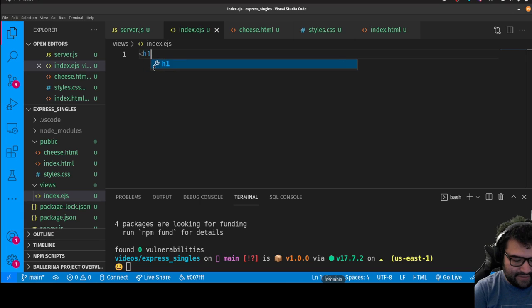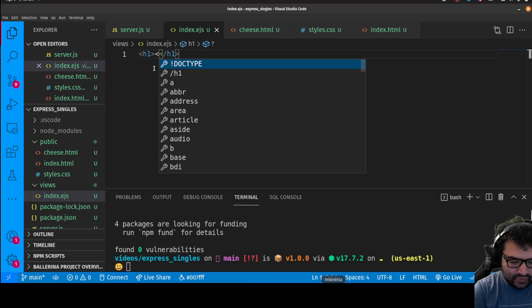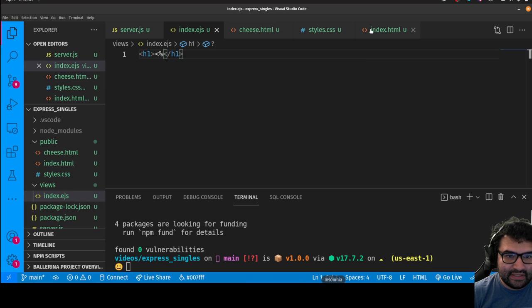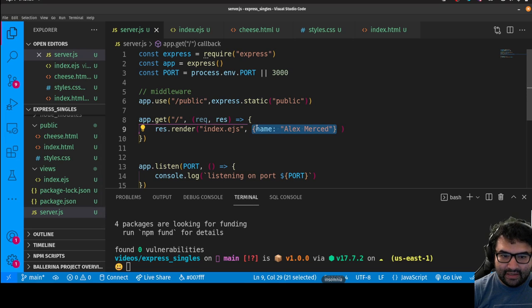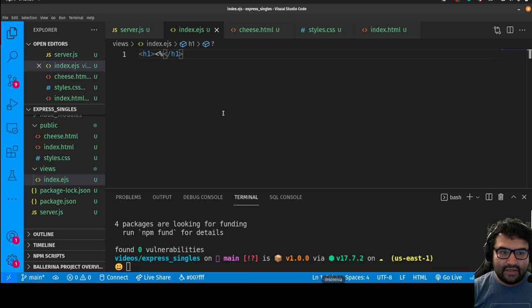And in that file, I could write an h1. Then I can actually use the variables that I pass in, so anything that was in that object. If I go back to my server.js, see this object that I put in as a second argument? Any variables in there I can now use in this EJS file. So I can say, hey, and again, I would refer to the cheat sheet I just pointed out for more details on the syntax. It's not the point of this video. Name